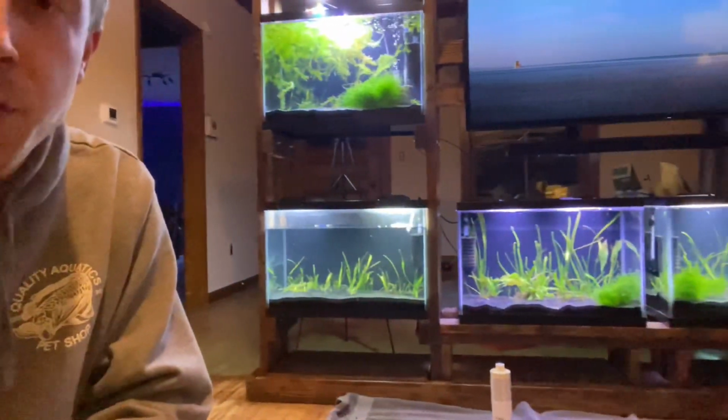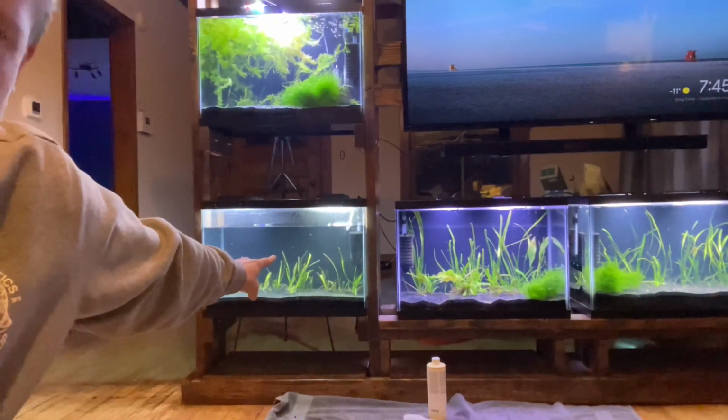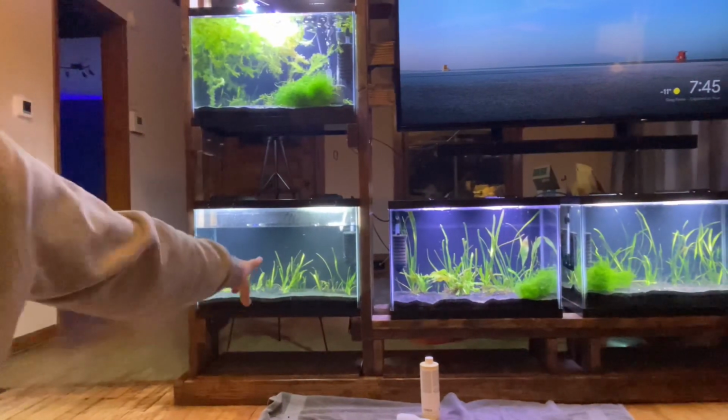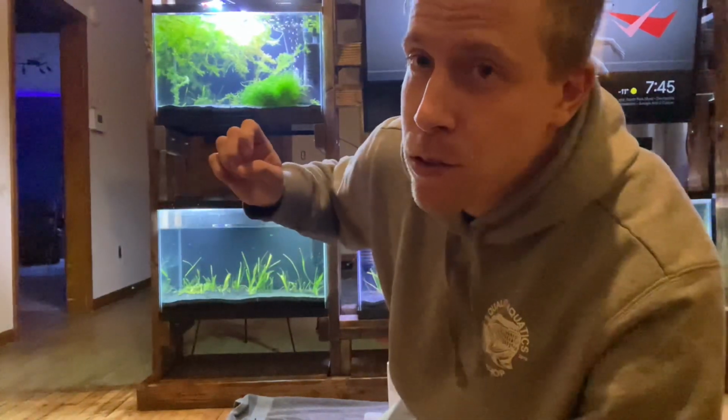How to use Seachem Prime when doing water changes. So let's set down the camera and I'll just walk us through this because this is really simple. I just did a 15% water change on this tank right here, as you can see, and now we're going to be adding new water in, and also here,